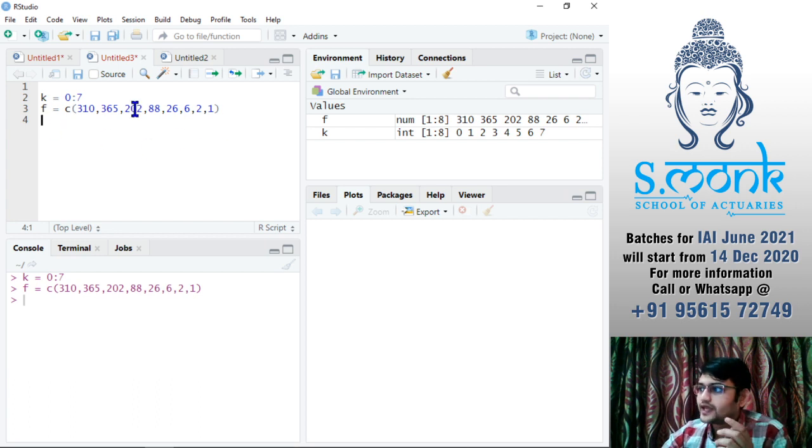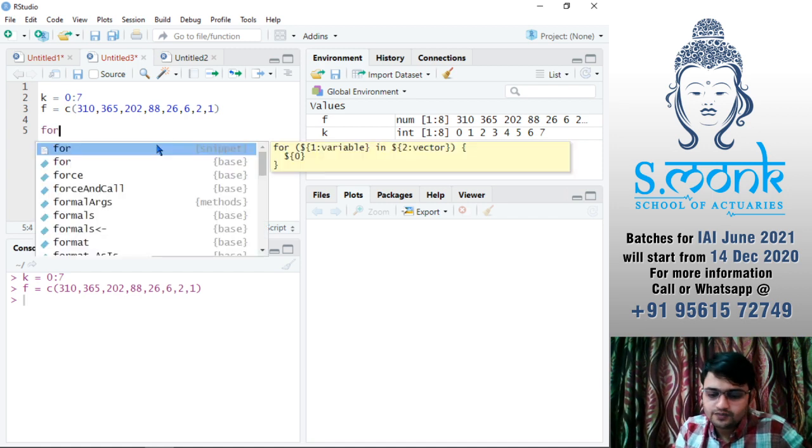Now if I want to make the sample out of it, that means I want 0 310 times, 1 365 times, and so on. For that, I will make a vector by repeating these values these many times. The best way would be using a for loop.